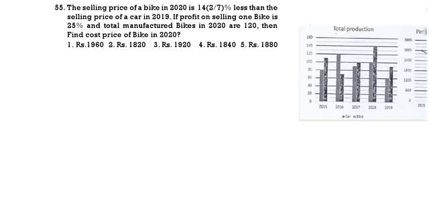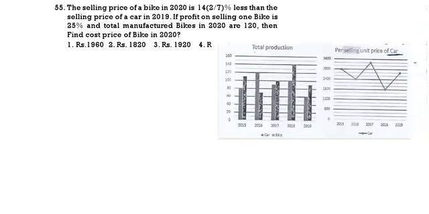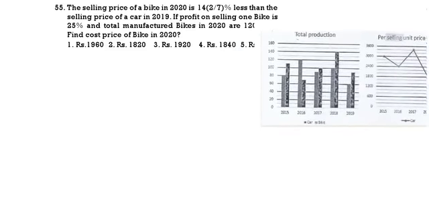Then the selling price of the car in 2019. What is the car in 2019? 2800. So 2800. 14 2/7 means 1/7 less, so multiply by 6/7. So that will give